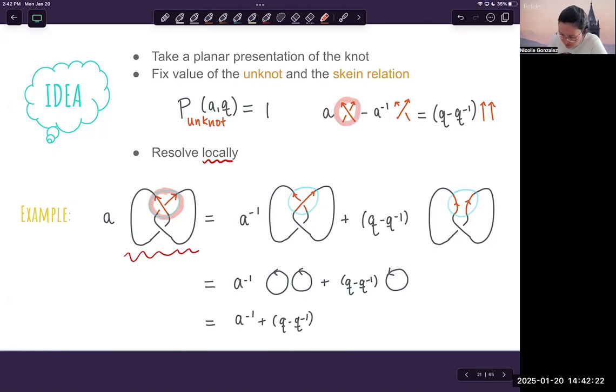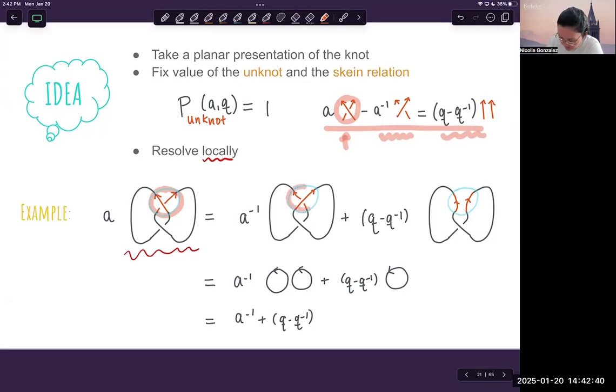And so what I want to do is apply this linear combination locally in this picture while leaving everything outside of that blue circle intact. So this crossing, which is this guy here, can be written as a linear combination of this guy and this guy. That's exactly what I do. I replace this picture with this picture, and then this picture becomes this picture. Notice everything outside of the circle is completely untouched. And now I want to notice that when I do this,